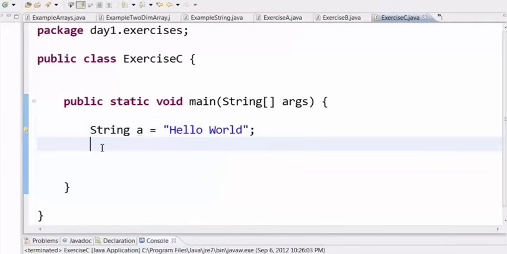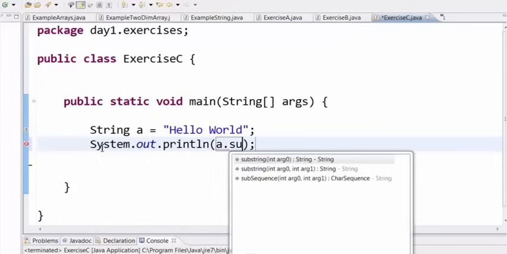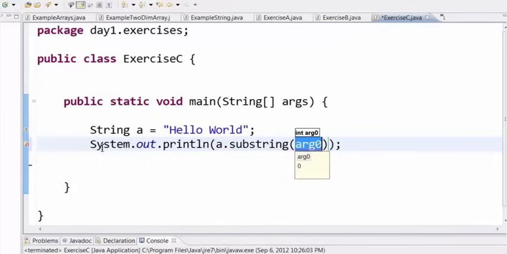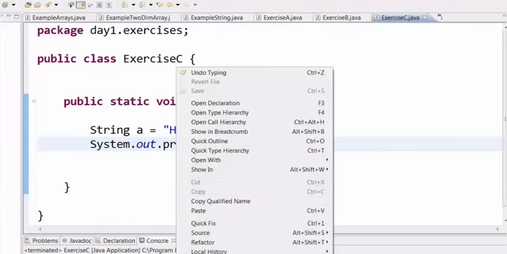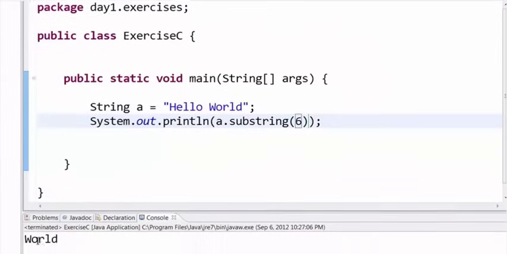I can use a print statement and I can say A dot substring of. Now if I want to print out "world", I can say substring of 6. The reason I have to use 6 is H is 0, 1, 2, 3, 4, the space is 5, so everything from 6, I want to print out everything from 6, so I will say A dot substring of 6. So when I save this and run it, you will notice that the word will be printed, but you can